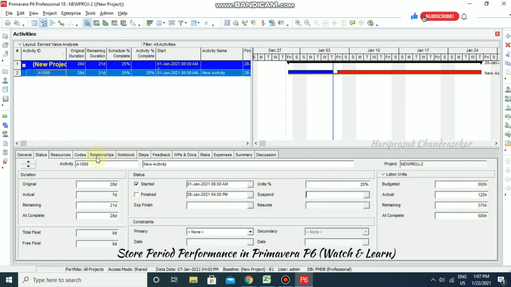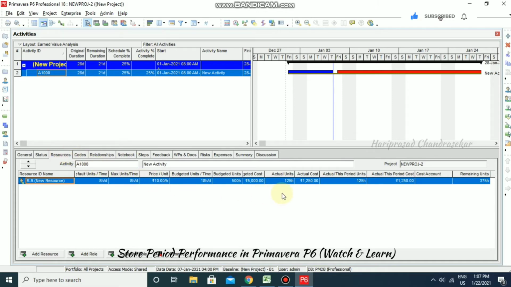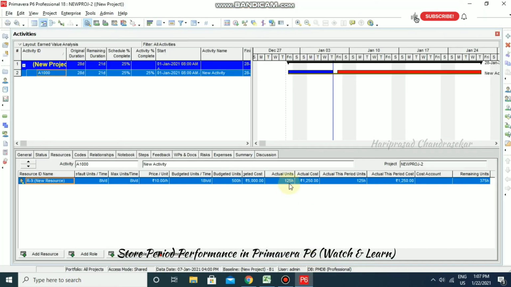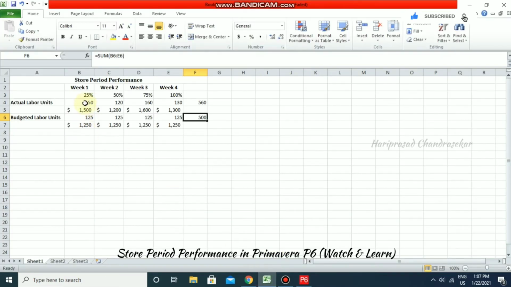Now I'm going for resources, and here the actual units is getting updated as 125, but we have to update it as 150. So 150 is what the actual is, but in the software it is getting updated as budgeted units.